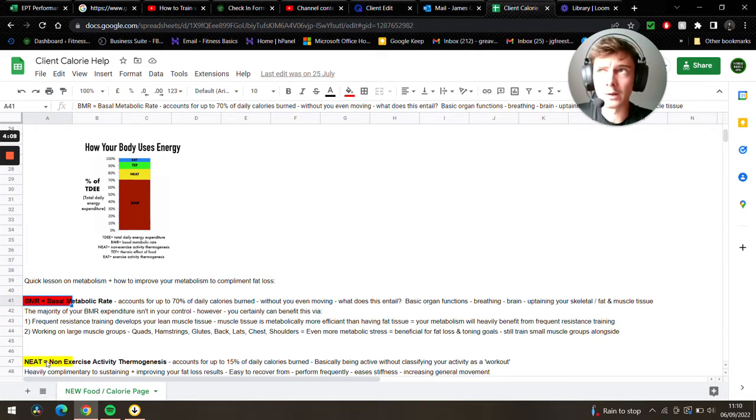A lot of it you're not fully in control of, but areas such as muscle tissue you can influence and complement. This is why frequent resistance training does help your lean muscle tissue development. It does help you increase your metabolism far more than a drink off of an advert would tell you it would. That's why every client will try and set your resistance routines to perform twice or three times a week, and that'll only complement your ability to help out your fat loss